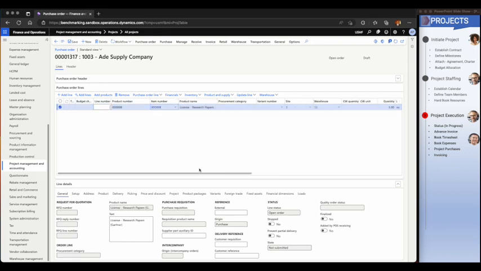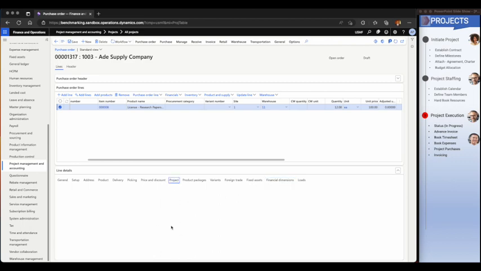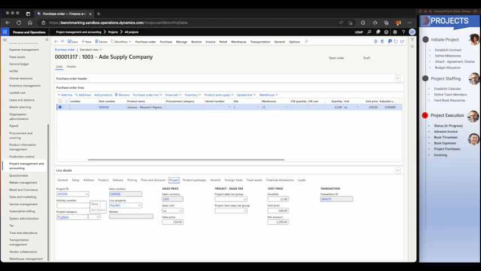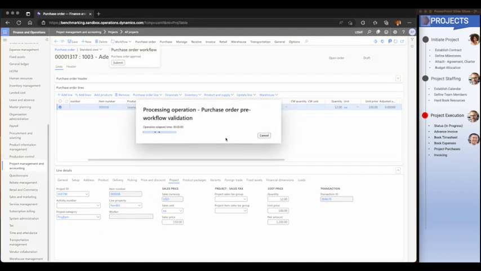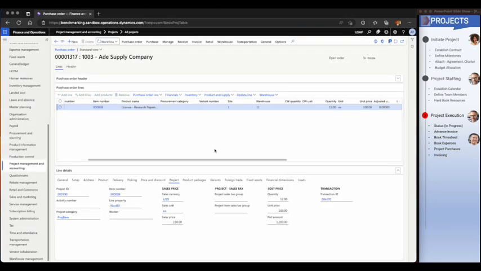So that's the research paper from Gartner that we need, and I'll need it for all the 12 months at $100 each, right? So as you can see, for every month I'm taking one unit, and here we have the dimensions coming through. And on the project side, if you notice, it's a project item, and the same thing was budgeted by Jory in the first place. So I can submit this for approval, and the same thing will go for receiving and invoicing. So by the time it is being approved,